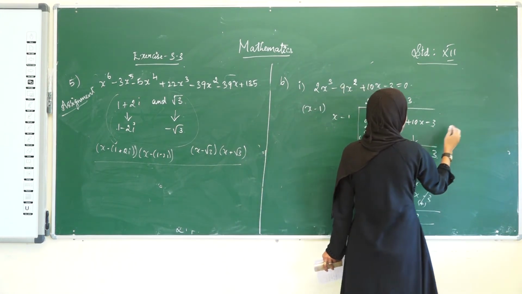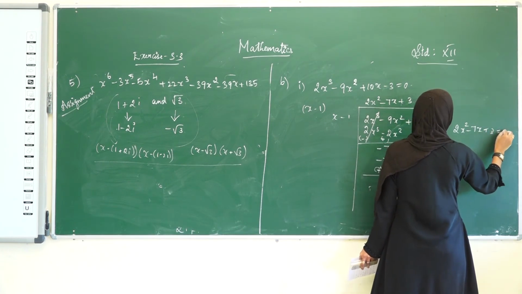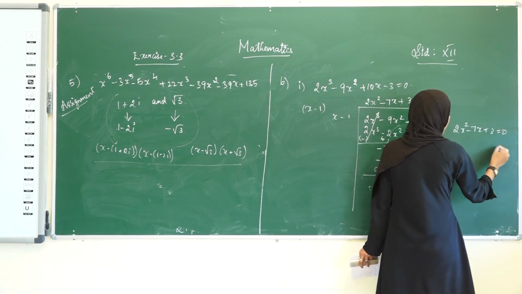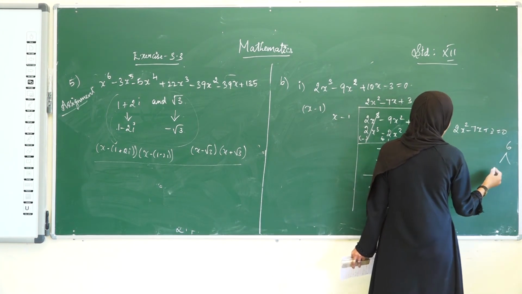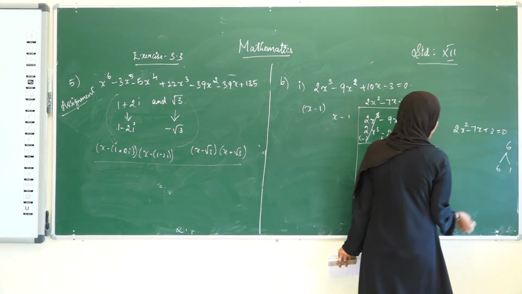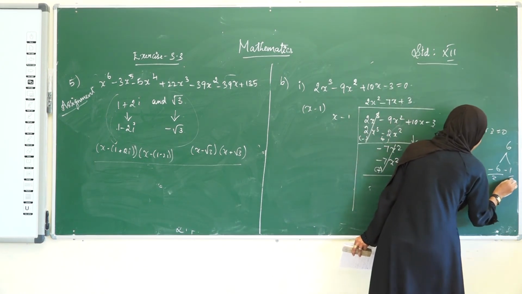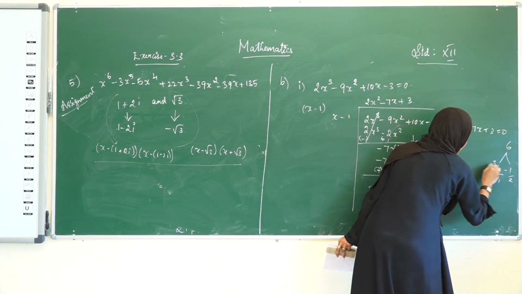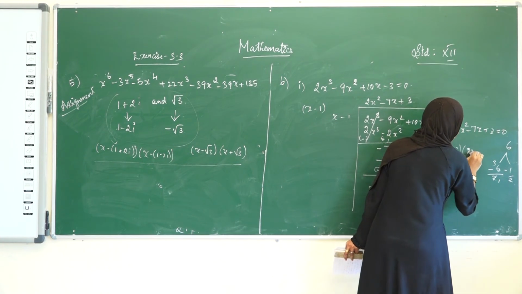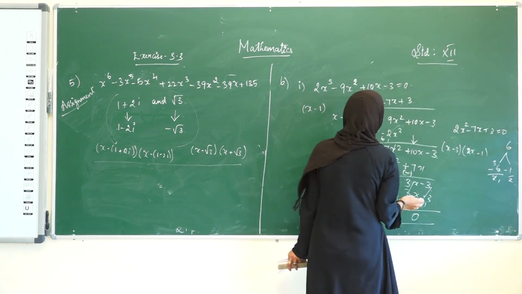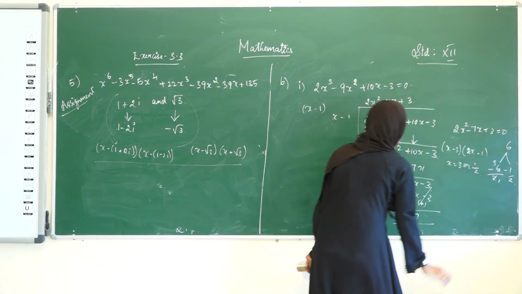See, the quadratic equation we get is 2x square minus 7x plus 3 equal to 0. We have to solve this. Okay, 3 into 6. On factorizing this, we get like this. Okay, 6, 1 is 6, minus minus. See, since the coefficient of the first term is 2, we are dividing by this. Therefore, x minus 3 and 2x minus 1. Okay, so the value of x is 3 or 1 divided by 2.